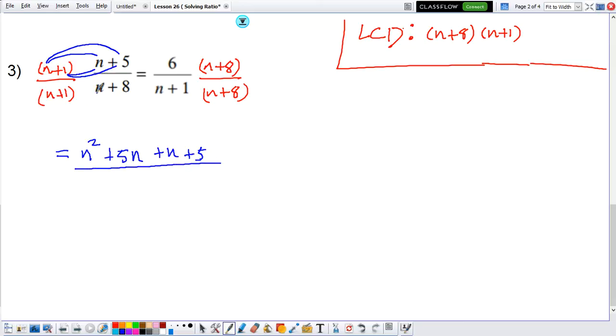This we're going to divide by the LCD, n plus 1. There's no need for you to multiply this, just leave it because you will know that they will cancel out. So this is our first fraction or first rational, and that is equal to